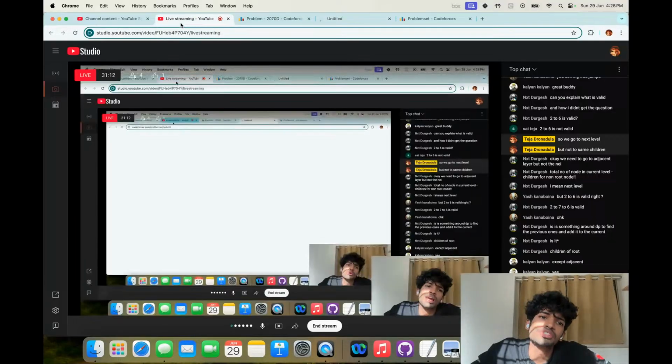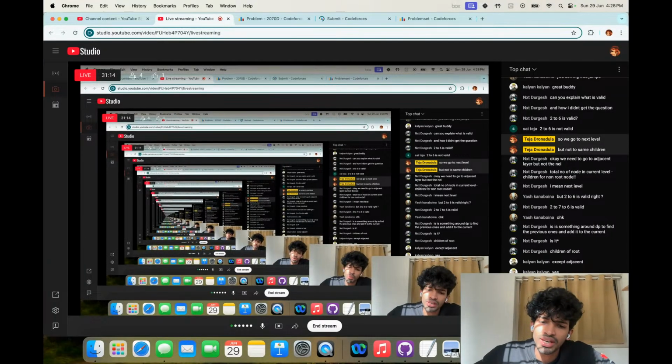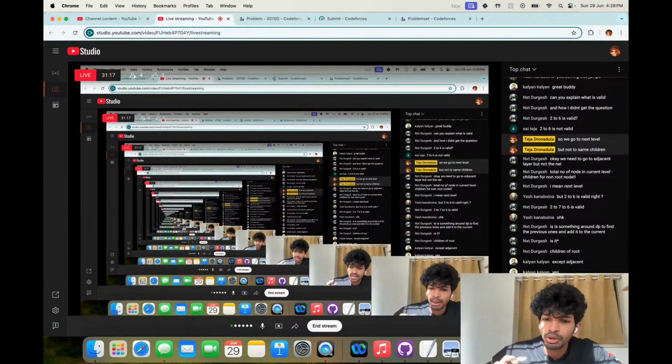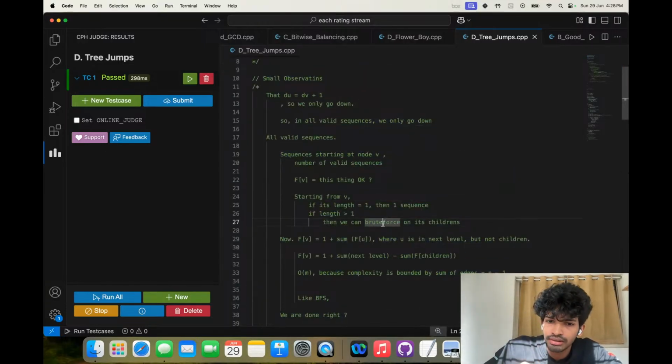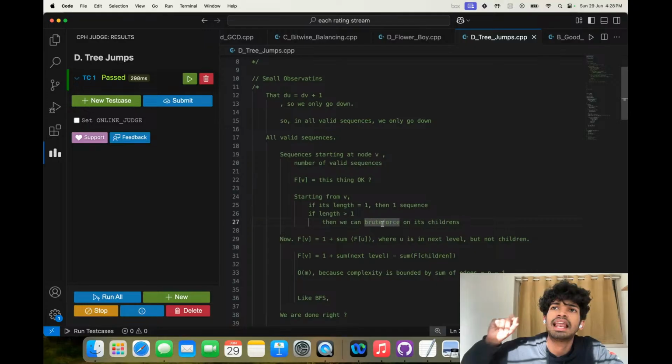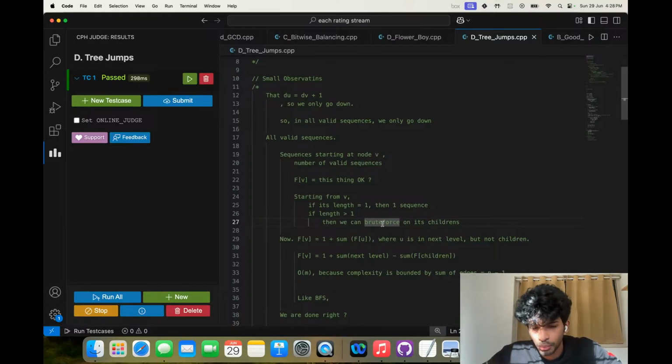So you guys should realize it's not about getting great ideas. It's about being able to do the work, like being able to mentally check that, okay, from here I have to see all the valid sequences. They can be of length 1 or they can be of length greater than 1. When they are length greater than 1, brute forcing. This clarity, this clear logical thing that you can put into the problem.